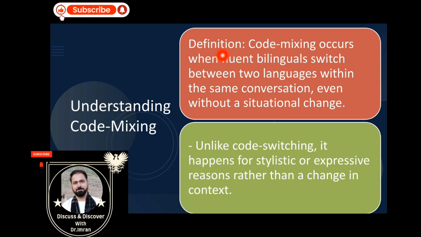Definition. Code mixing occurs when fluent bilinguals switch between two languages within the same conversation, even without a situational change. So a situational change is important for code switching. When you change the situation, you change your language also, or you switch from one language to another. But in code mixing, it's not important that when you change the situation, you also change the language. So without a situational change, there is a change in your language, and this change may occur